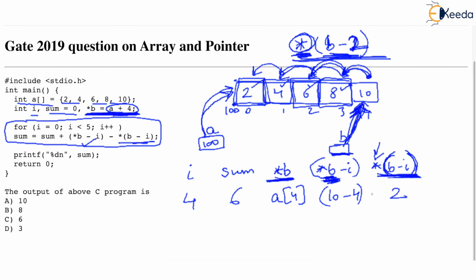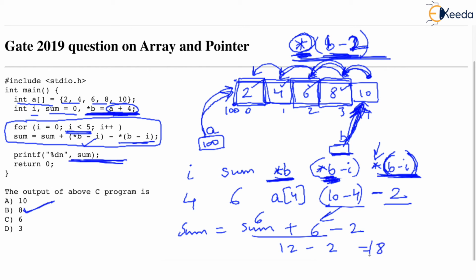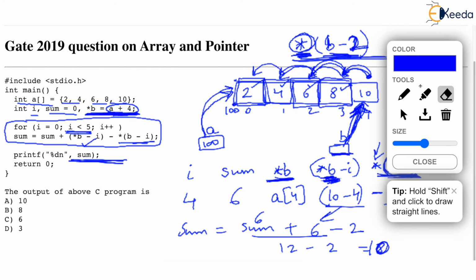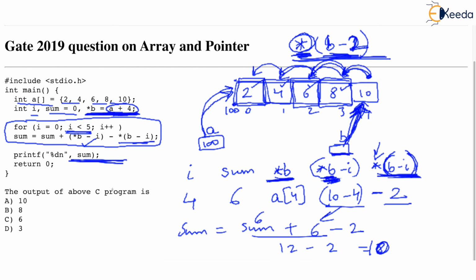I hope you are getting used to this. And you are subtracting these two quantities. So we get sum is equal to sum plus this quantity, which is 6 minus 2. But sum is already 6. So it is 12 minus 2, 10. And you know after that the loop will break because I was going only up to 4. Ultimately, we are printing the sum after the loop. The ultimate answer here is 10.